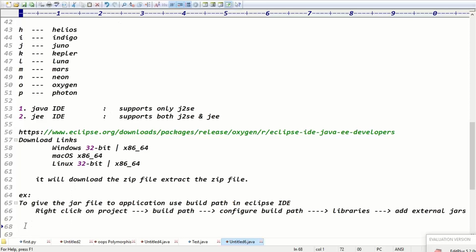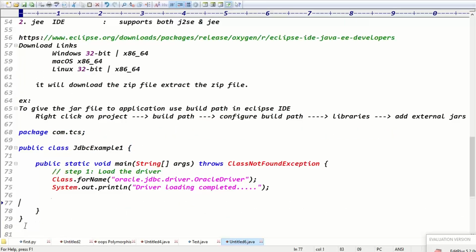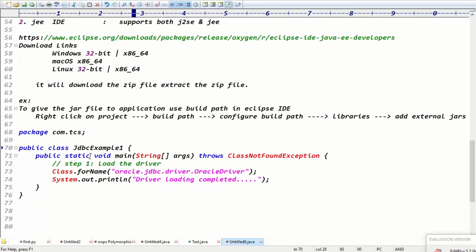Guys, I think the first step is complete, clearly, everyone. Loading the driver. Still, the first step is not complete. When you load the driver, internally this driver contains some static blocks that are executed. The static block will register the driver into the driver manager service. Tomorrow I'll show you the static block, what it is registering and how it is registering internally. Today we discussed just loading the driver. While loading the driver, what happens internally, I'll show you tomorrow with the second step. Guys, is it clear now?